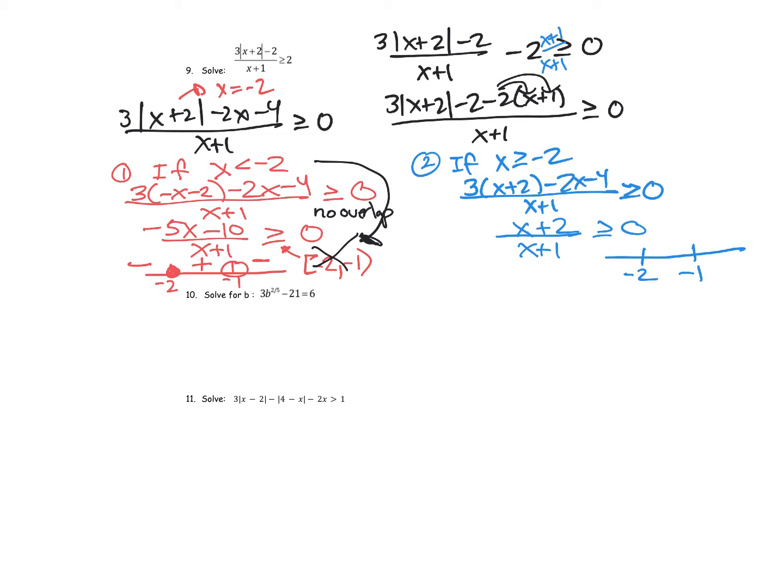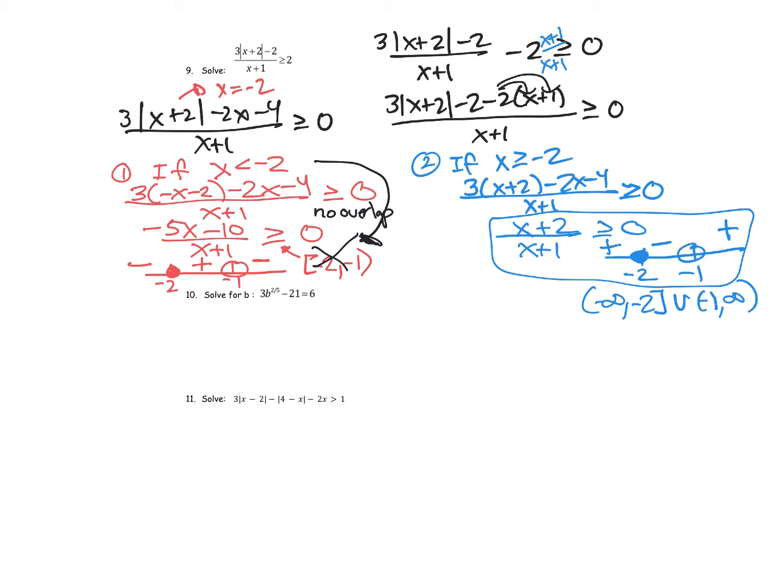-2, -1, and then I'm going to fill in a circle at -2, and then an open circle at -1. If I put in something like 0, I'm positive, then I'll be negative, positive. So again, just like before, looking to solve this piece, I would say it's positive from -infinity to -2 inclusive, union -1 to infinity. But let's remember